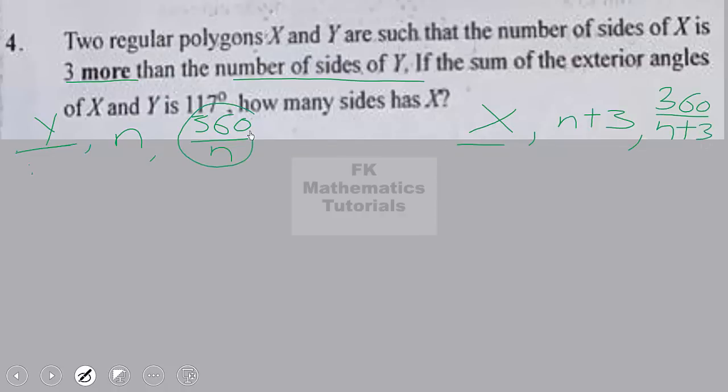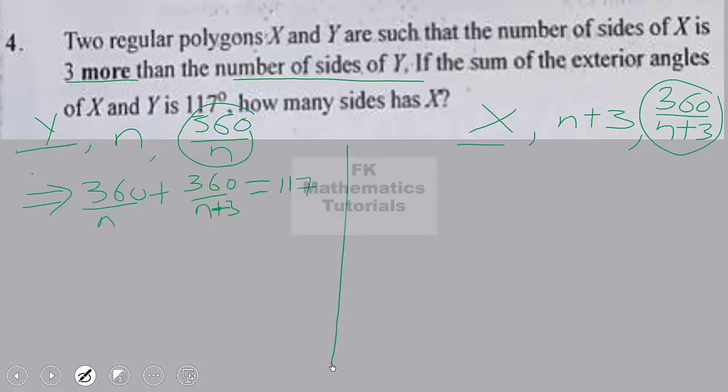So we were told that the sum of their exterior angles is 117. So when we add these two expressions in terms of n, we should get 117. So this implies that 360 over n plus 360 over n plus 3 is equal to 117. Now, if this is the case, we multiply through by the LCM to get